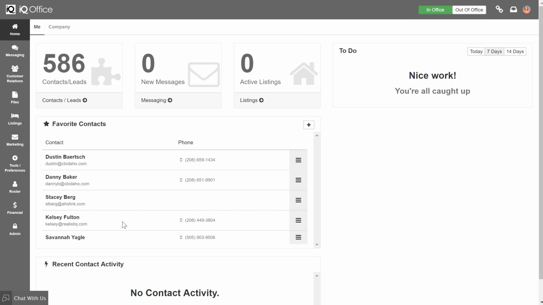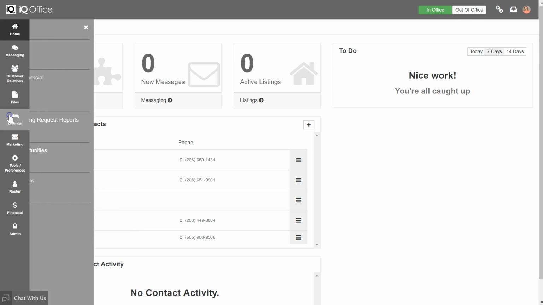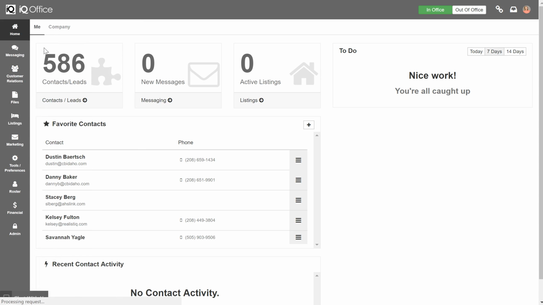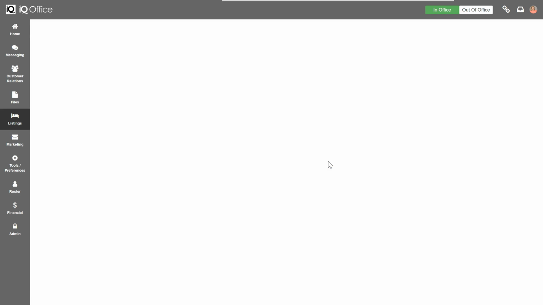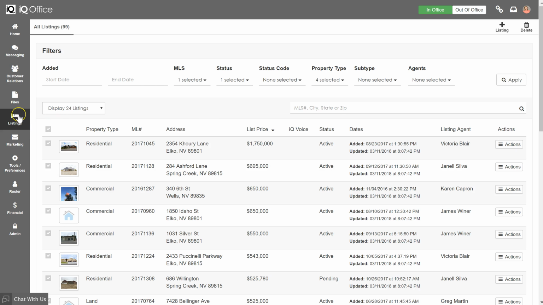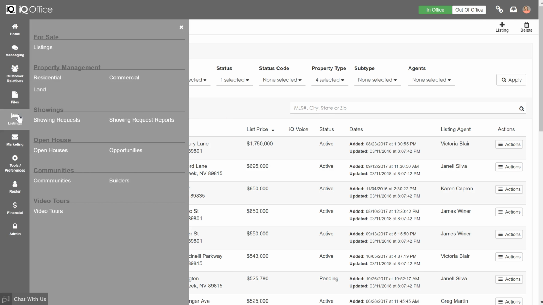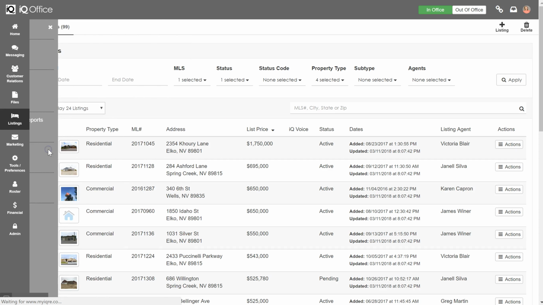I just want to touch base on how to create an open house in IQ Office, and then if you need to delete an open house, how you do it. So you would go into your listings, and you're going to first go into add an open house. You can do that by going to your listing and adding it, or you can go into open houses